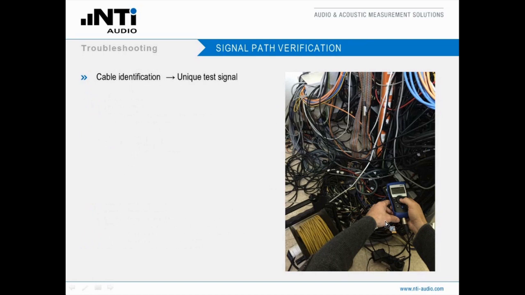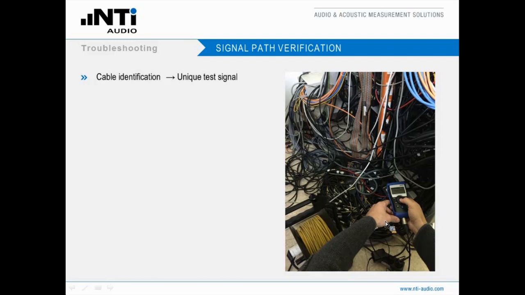Well, what can we do? It is essential that we verify the signal path from the source to the final loudspeaker, to the whole system. So one problem we can face here in this picture, which, by the way, has been taken in a real place, in a real studio here in Liechtenstein, where we have the server room with some crossovers, amplifiers, whatever kind of electronic instruments, a lot of cables leading to the mixing console in the control room of that